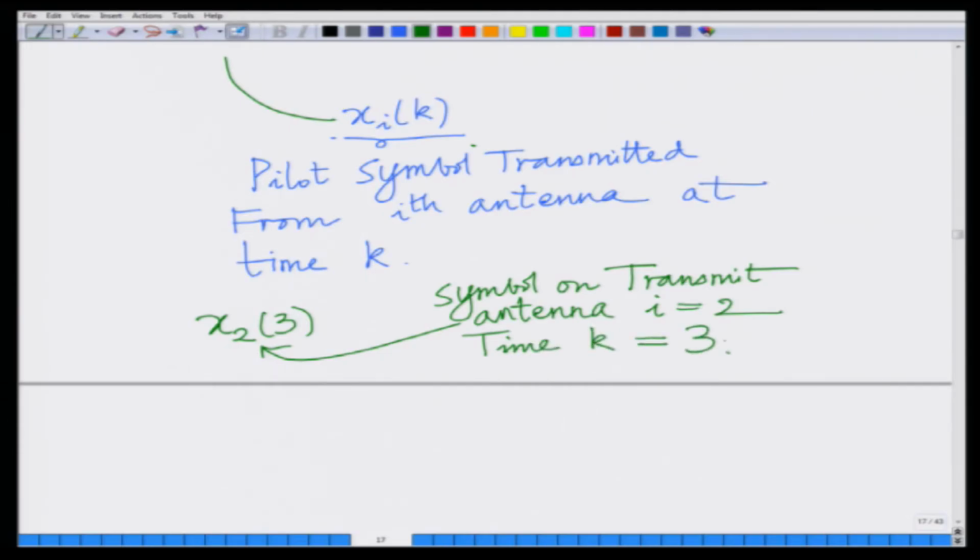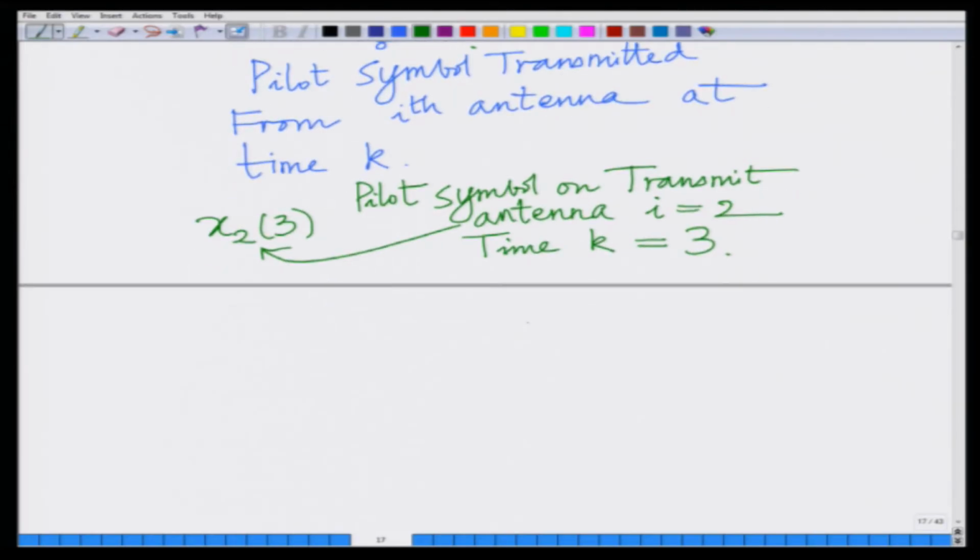That is, x2 of 3 is the pilot symbol transmitted on transmit antenna 2 at time instant 3. Therefore,